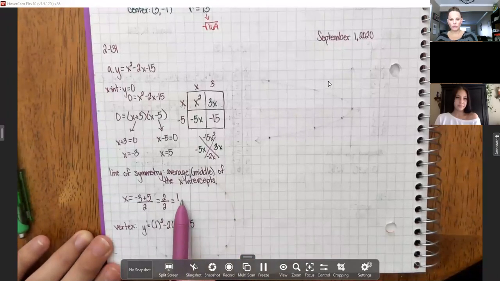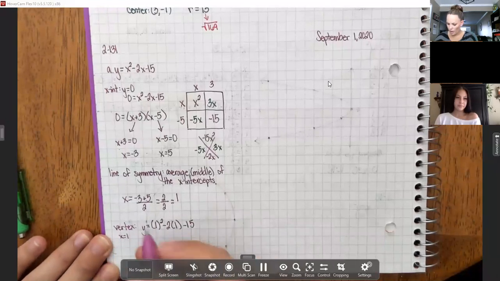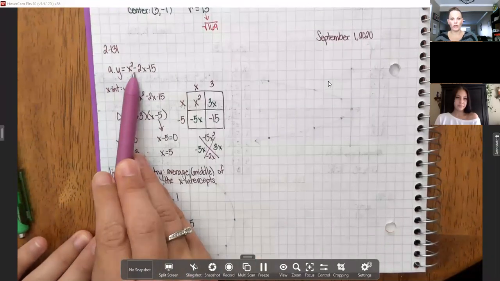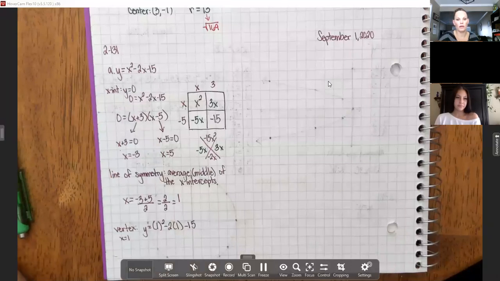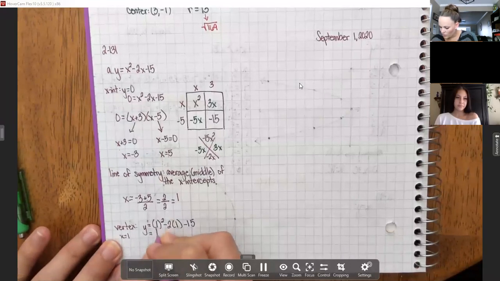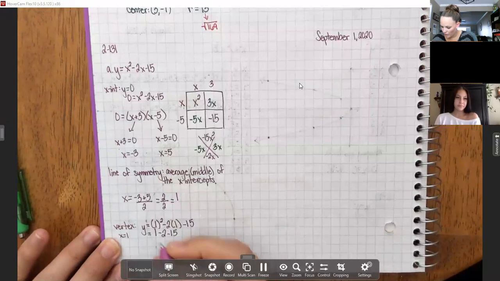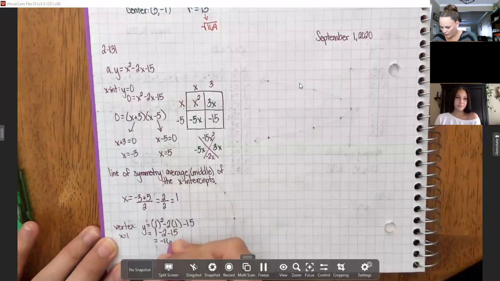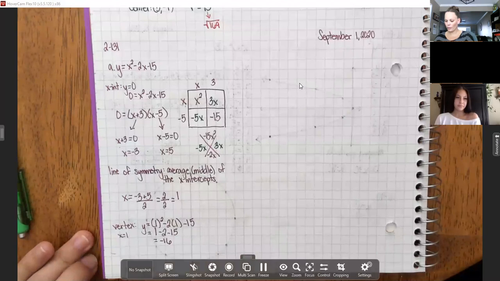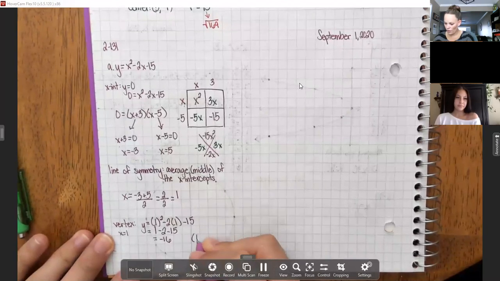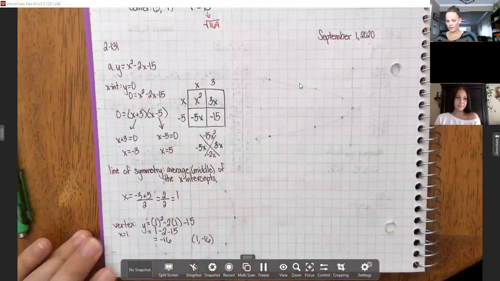So we take x equals 1, that's what we got here, and we plug it into our original equation to solve for y. One squared is 1, minus 2 minus 15, we get negative 16. So our vertex is 1, negative 16,